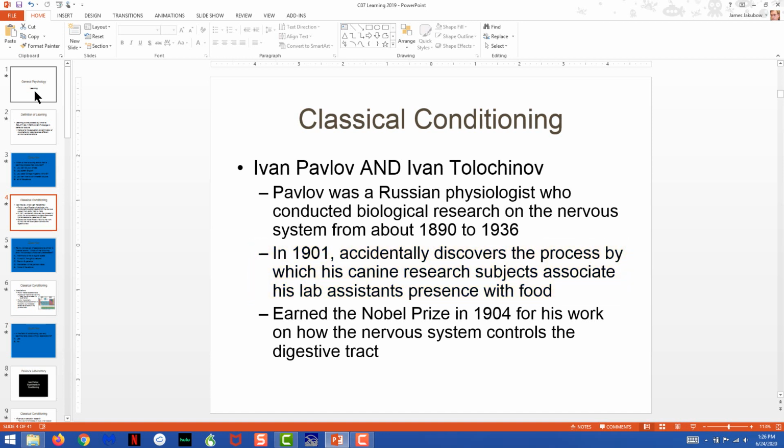Pavlov eventually goes on to win the Nobel Prize in 1904 for his research on digestion, but he never does win a Nobel Prize for his work in psychology, which is actually much more extensive. And there's a good reason for that. There's no such thing as a Nobel Prize in psychology, so it wouldn't have mattered what he did. There would have been no Nobel Prize for it if it was related to psychology.